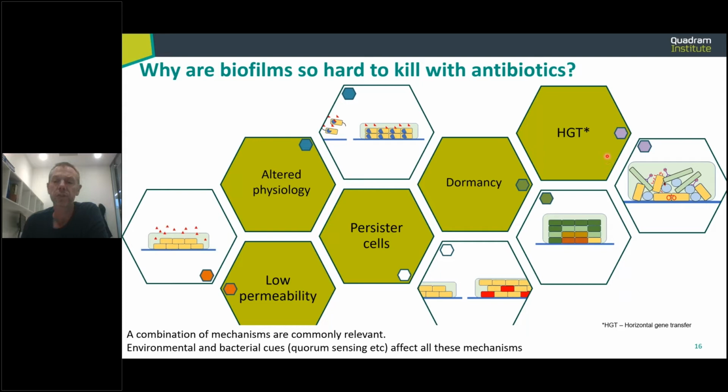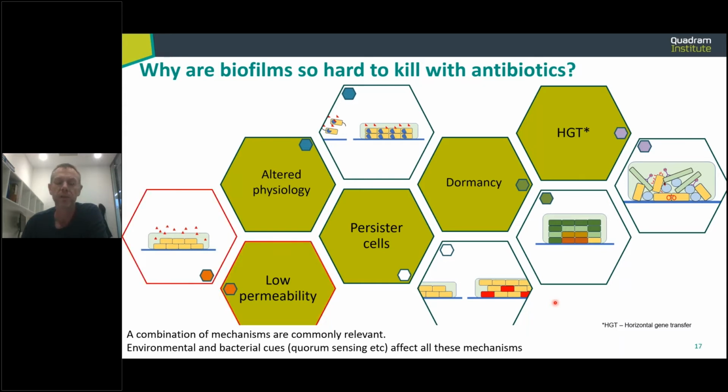And finally, horizontal gene transfer, so movement of resistance genes amongst members of a biofilm can happen at reasonably high frequency. So you can have cell-to-cell contact being promoted, you've got a plasmid moving between there, you can have cells releasing DNA into the environment, which is often a structural component of the biofilm. Some species can then take that up, they're naturally competent, and you can have phage moving bits of DNA between members of a biofilm consortium. So all of these are relevant, and the relative importance of any one of these mechanisms will depend on the specific conditions, the bacteria and the drugs, but often it'll be a combination of these factors that together explain why a biofilm is so hard to kill.